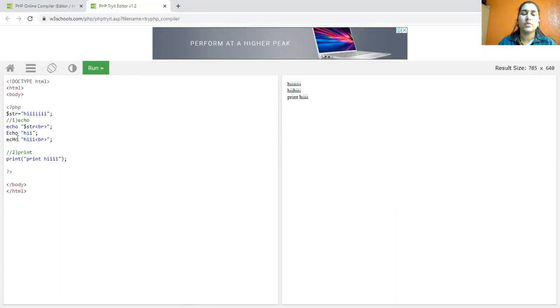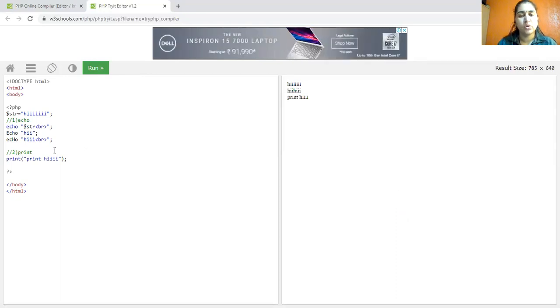Now, what is the difference between echo and print? Echo is a function which does not return any value, and we cannot use it in other control structures or in condition checking. Suppose I write if echo hi, then echo yes can use in if.